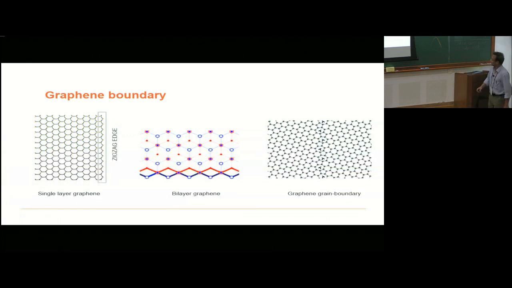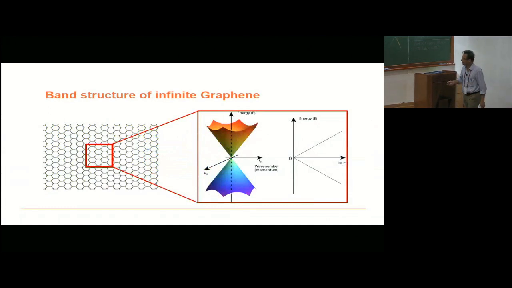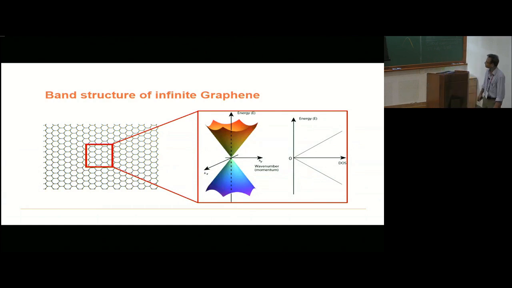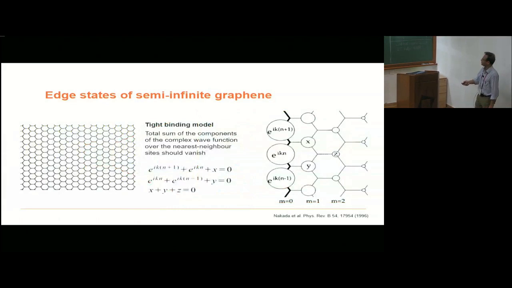First, to give you a little bit of background, the band structure of graphene is probably very well known. Everybody here knows about it. If you take an infinite layer, then it's a conical band structure with a density of states that varies linearly as a function of energy. The boundary of graphene, so for example, if you take a look at,